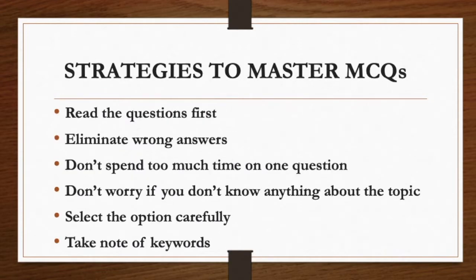Now, the points to remember are the strategies to master multiple choice questions. The first thing is you read the questions carefully and find out what keywords are there. And while reading, try to eliminate the wrong answers. Most of the time you will be able to eliminate 2 of the 4 answers, which leaves you with 2 choices. Now you should think about the difference in meaning between the 2 choices left, and this will help you get the correct answer.